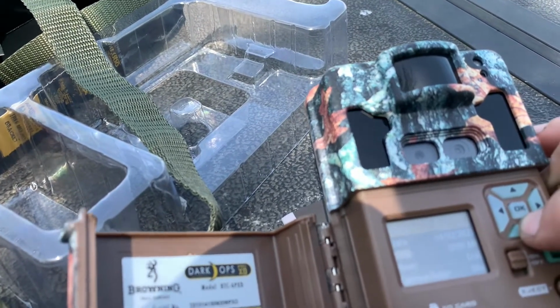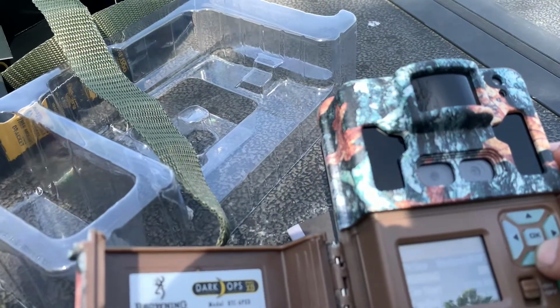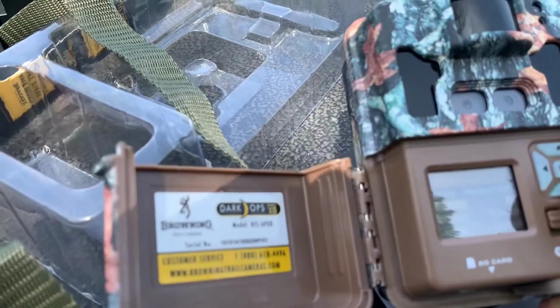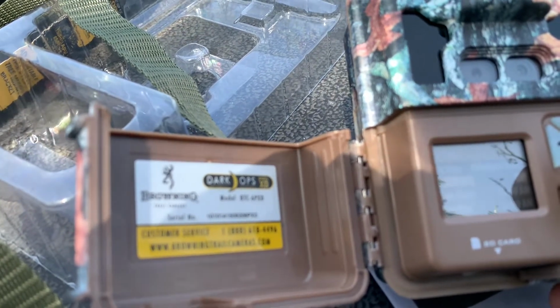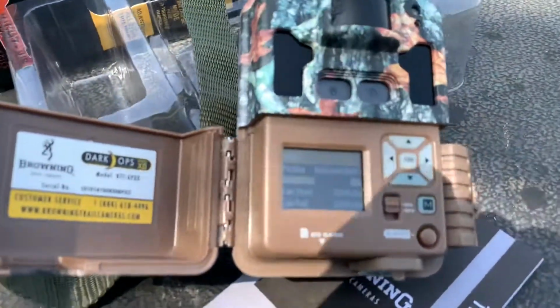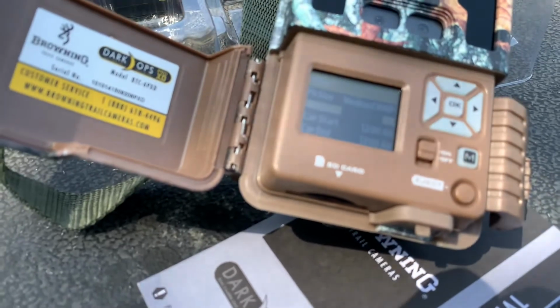So we got time, mode, capture delay, big size, multi-shot. What does that say? Cam start, cam end. Interesting. Oh, I like that. You know what? That is great. I know Browning had said that they were working on this in some releases, and what this